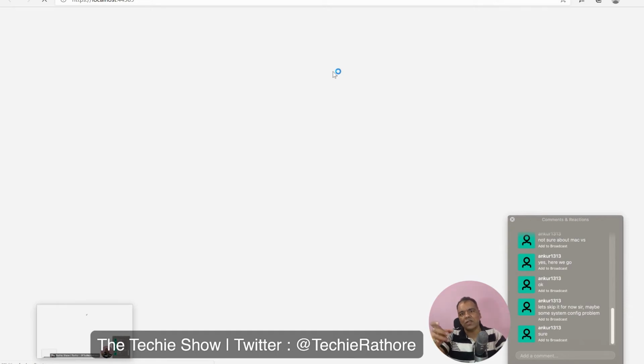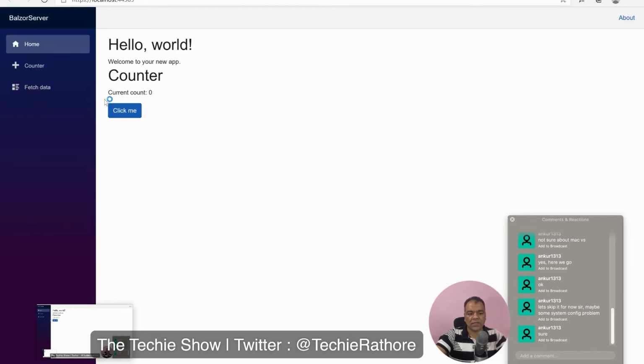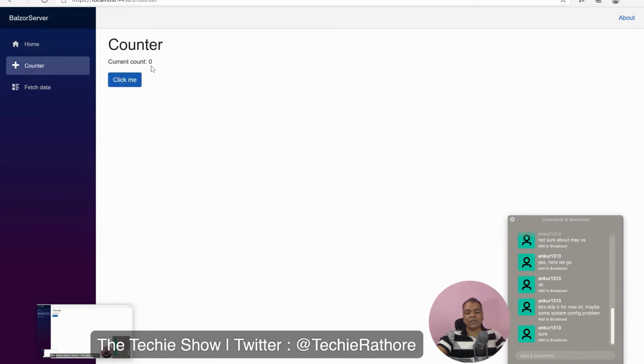I can utilize one component from another component in a different page also. Every page in itself is a component. I'm using counter inside this index page, and this counter is coming directly. This way I can reutilize the components inside the same folders, inside different places.